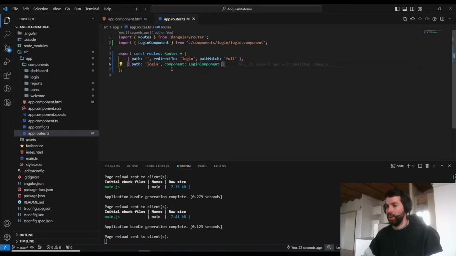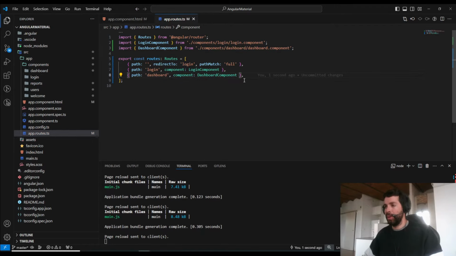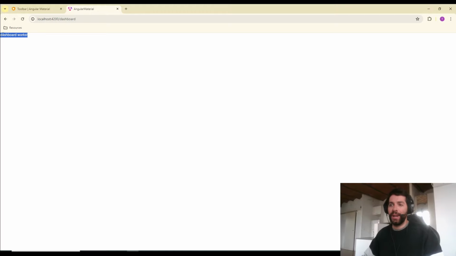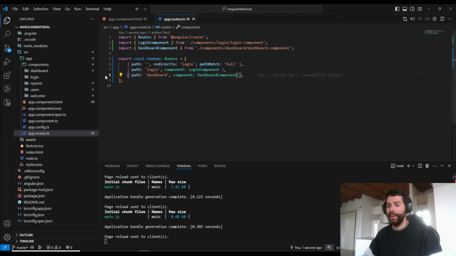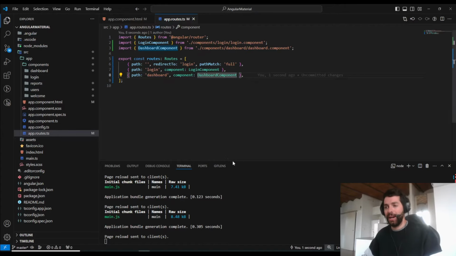So we need to add a new object here and say, when the path is dashboard, I want to render the dashboard component. So if we save the change, and here if we put dashboard, we are rendering the dashboard. But I want to render the dashboard when the user clicks this button, and also it is correct. How can we do that? Let's go to the